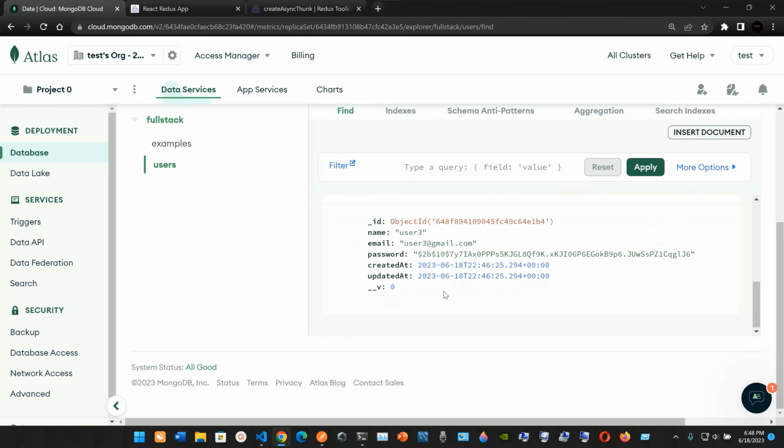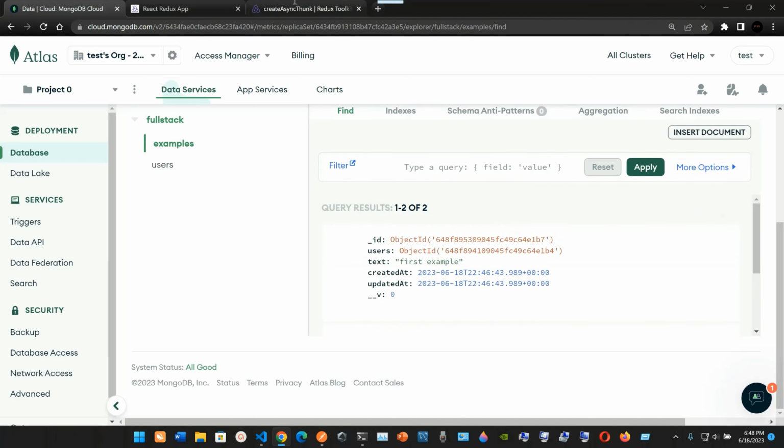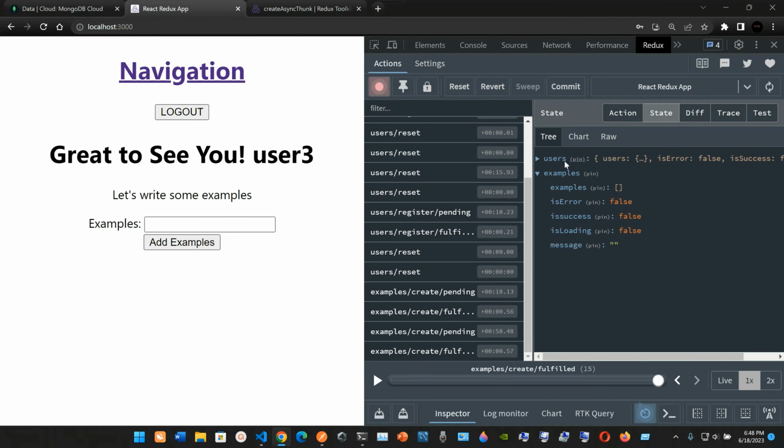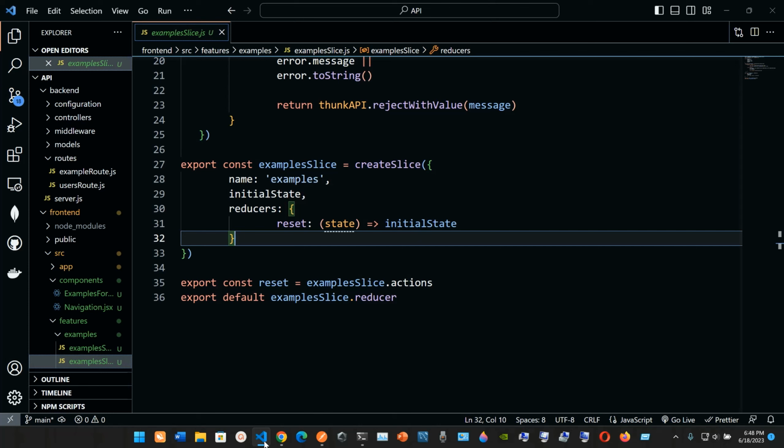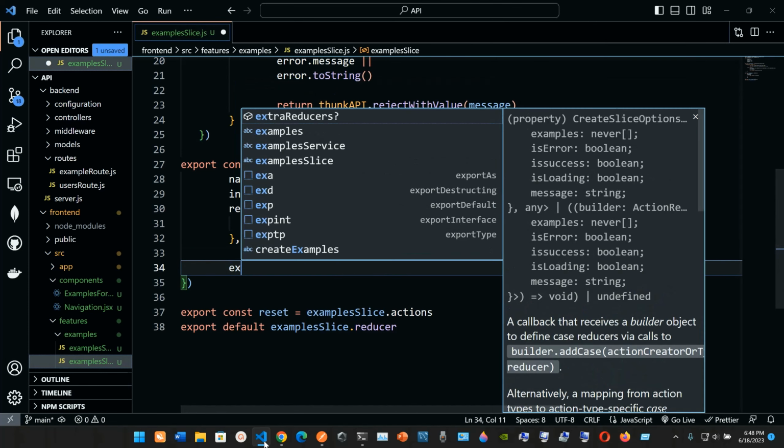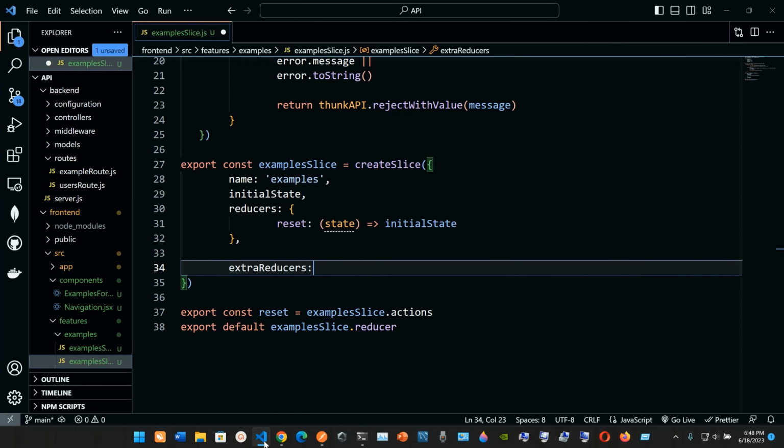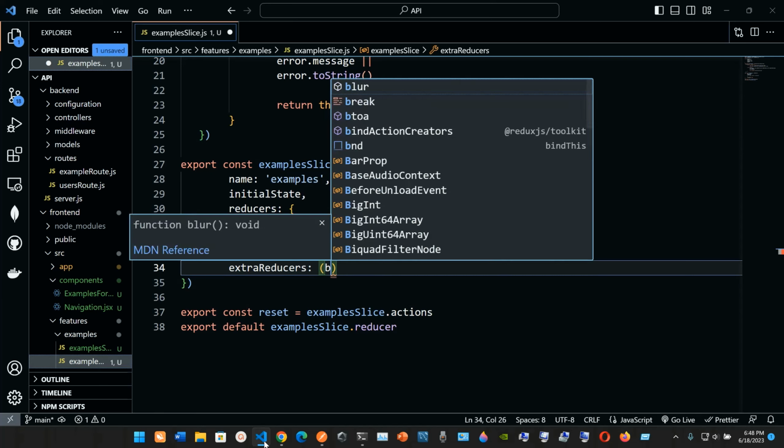So yeah, user 3 has created these examples. We are not able to see it in the Redux toolkit because we haven't created the extra reducer. So let's create it like that. Extra reducer is a function that is going to take in builder, it's going to take